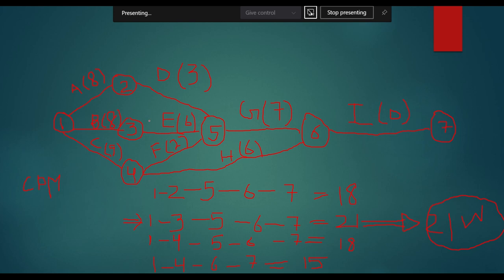Till the time these three activities do not get completed, you cannot start the process. It means even if D and F get delayed, I mean, this 3 weeks can take 4 weeks also, then also there is no harm because the overall time is 6 weeks, right? So for D and F, a little bit of delay is allowed. But in case of E, there is no delay allowed, right? So that's why D and F, or we can say 2 to 5 and 4 to 5, are not critical activities, but 3 to 5 is critical, right?